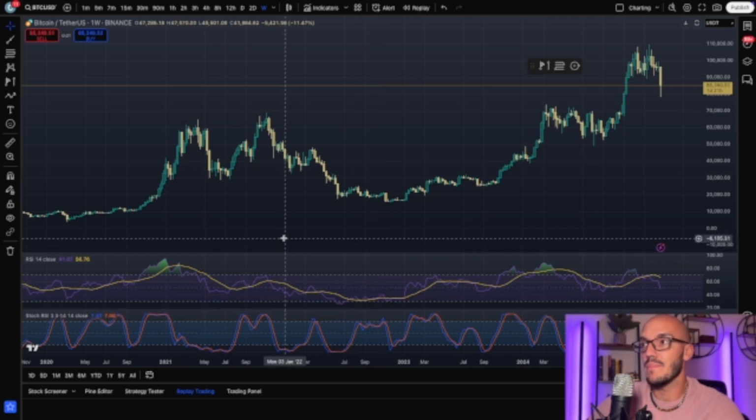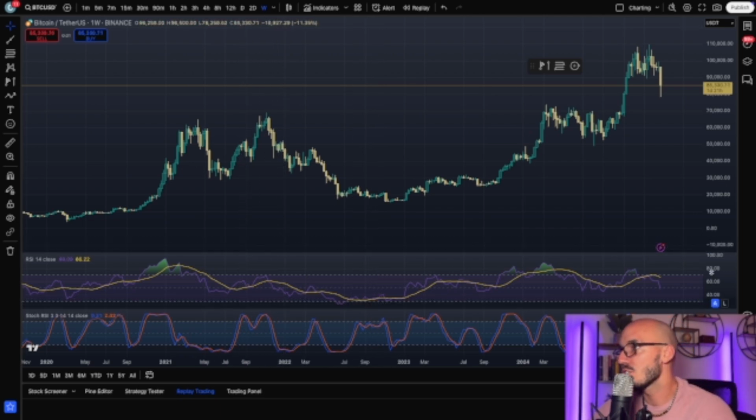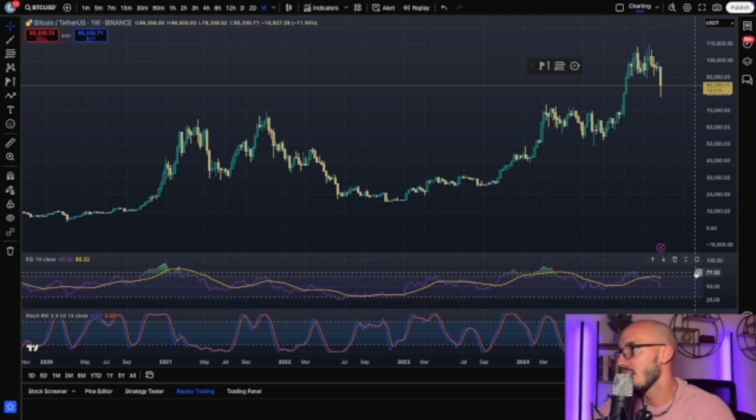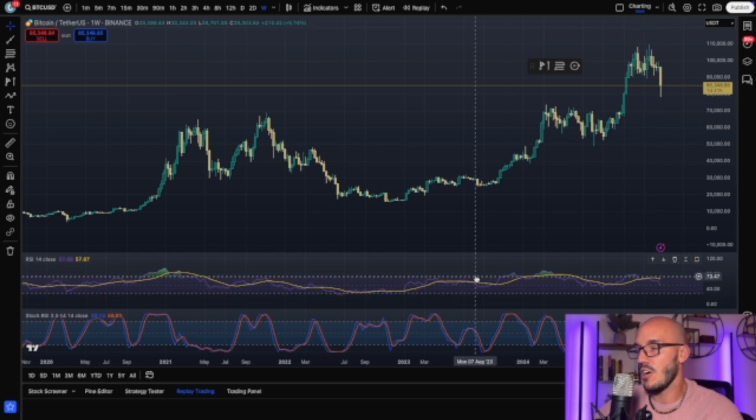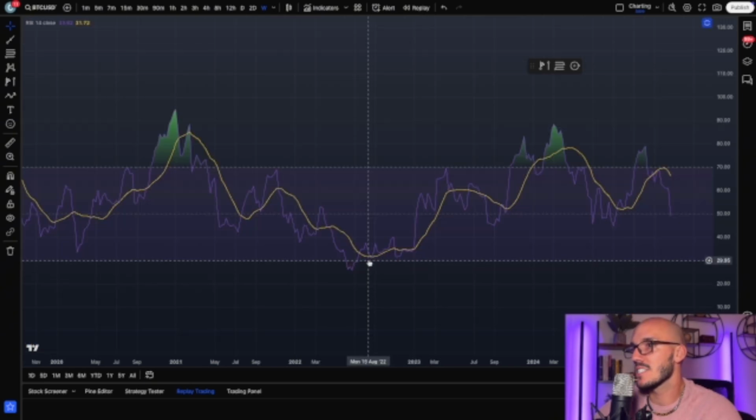You're going to understand what that means in a second. So when you're looking at the RSI panel right here on the right-hand side, you're going to see these numbers here. The important numbers to keep in mind are 30 and 70, okay? So by default, the RSI indicator has the bottom dotted line at 30 and the upper dotted line at